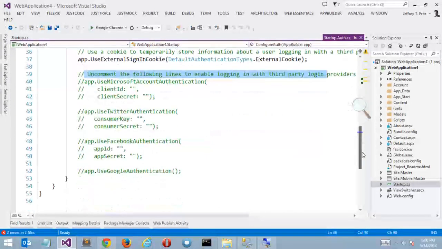So if you already have an application installed and running with either your Microsoft account or Twitter or Facebook or Google, uncomment these lines appropriately, grab your API keys out of their service, drop them in here, and the magic will happen. The other piece to this, before I show you the magic that happens, is